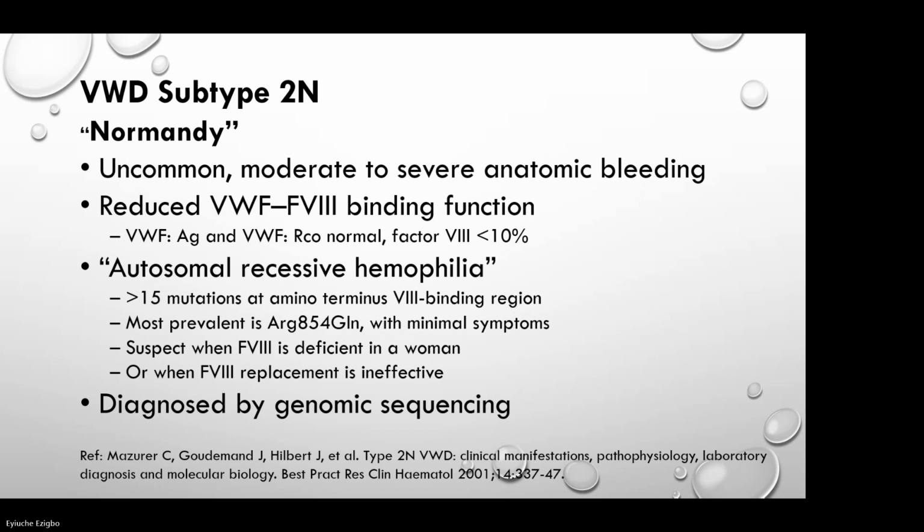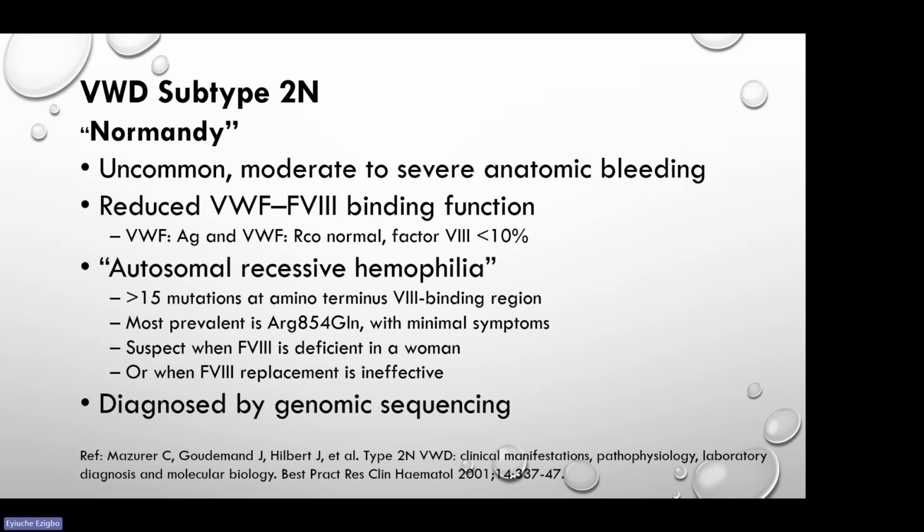So 15 mutations at the amino terminus have been described. The most prevalent mutation is arginine to glycine, with minimal symptoms. Suspect it when factor 8 is deficient in a woman. When a woman's level of factor 8 is low, we have to screen to determine